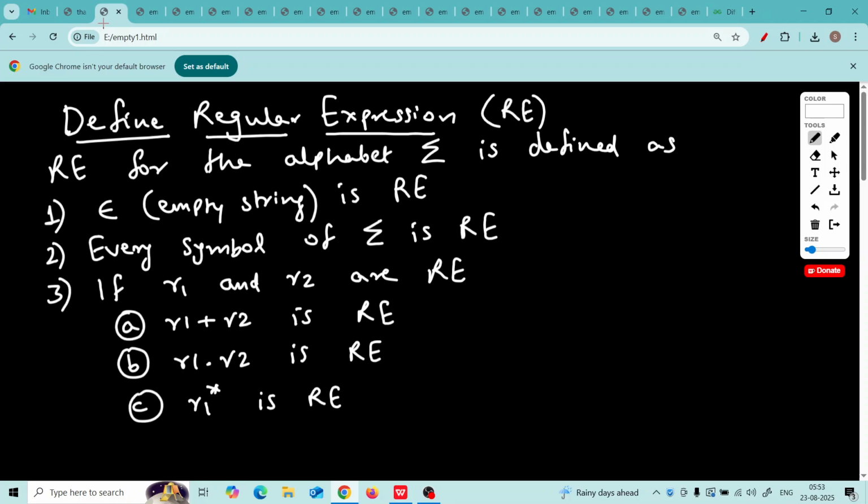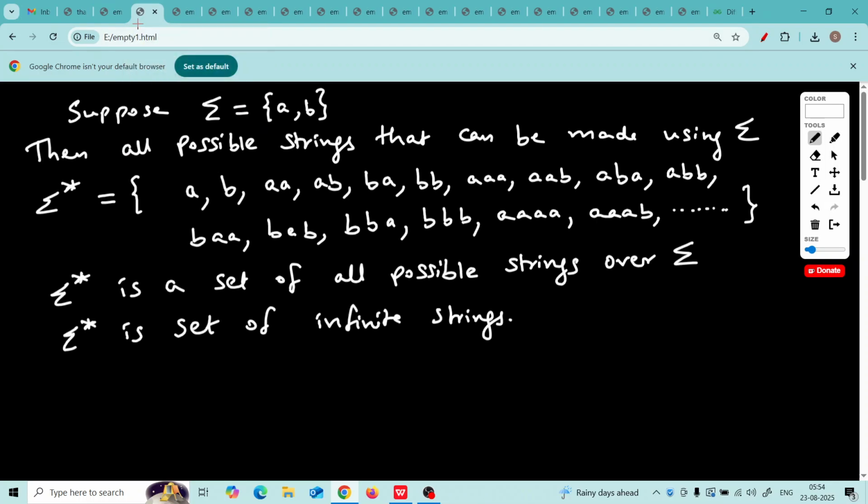before we read every sentence of this regular expression, let us understand some notations. So, let's say sigma is a comma b. Now, sigma is known as alphabet.